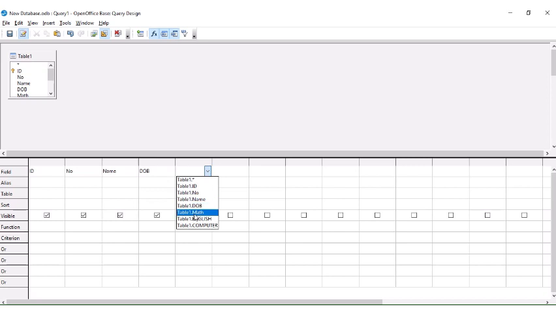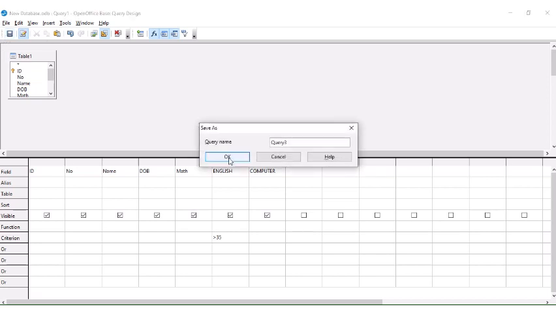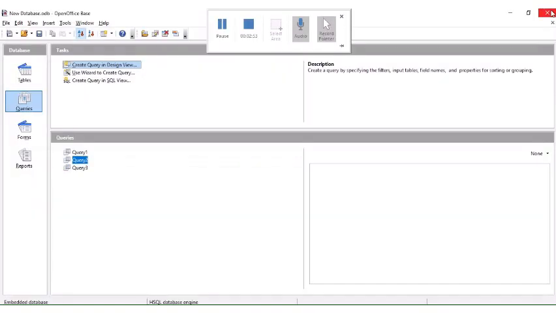Now here maths, English and computer, and criteria. So you can create criteria, you can sort as well, you can select a table as well, you can put more than 2 conditions as well. So I'm selecting greater than 35, and once I saved it and I have to give a name, click OK, that we already had seen, and close it.